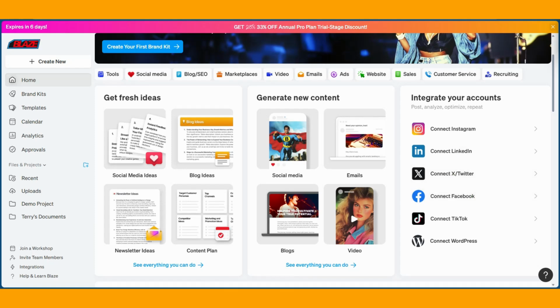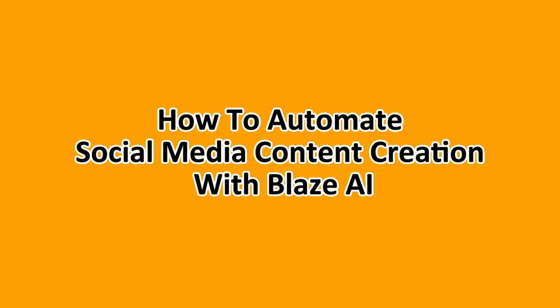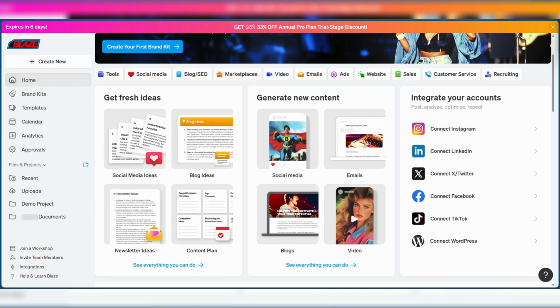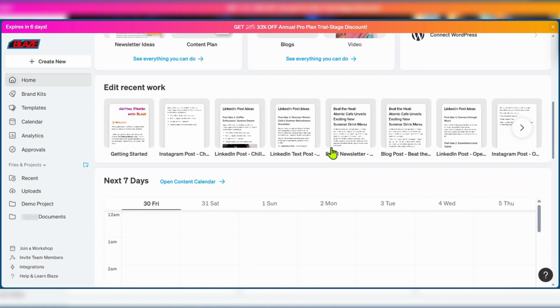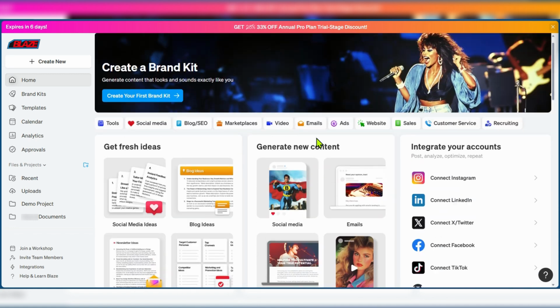Hello everyone and welcome to this tutorial where we'll be showing you how to automate social media content creation with Blaze AI. With Blaze AI, you can make your social media content creation process much easier using AI-supported automations on